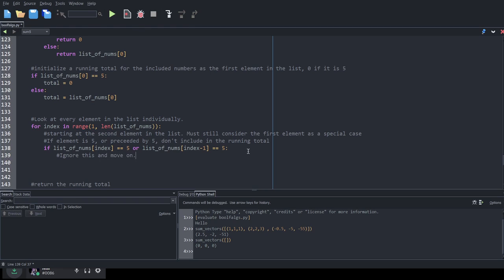Let's actually think about this for a second. Does it make sense to have if the disqualifying factors are true, then have nothing inside here? I think it's actually going to make more sense if we do: if we're not looking at a 5, and the thing before us is also not a 5, then we're going to include what we're looking at right now into our running total.